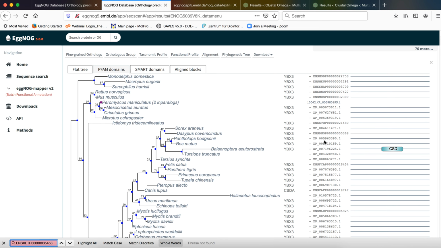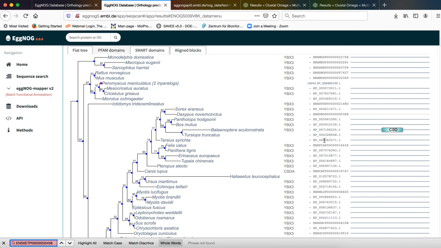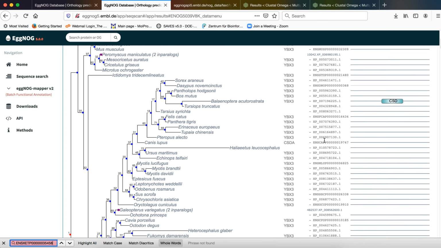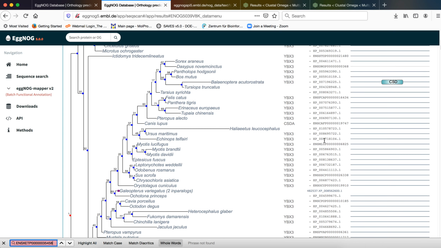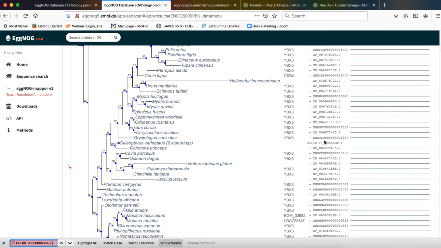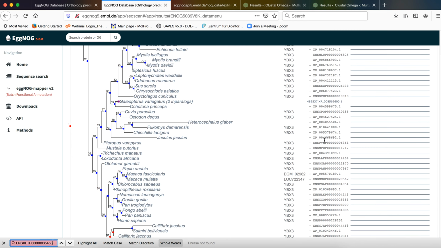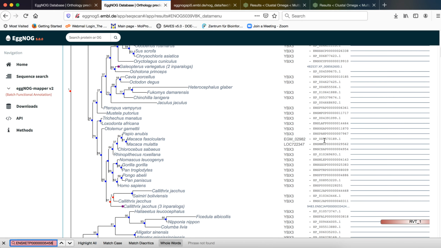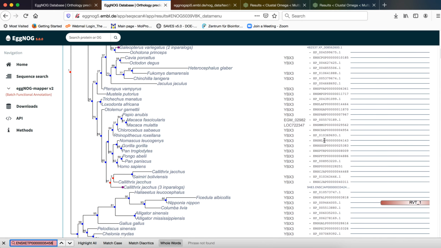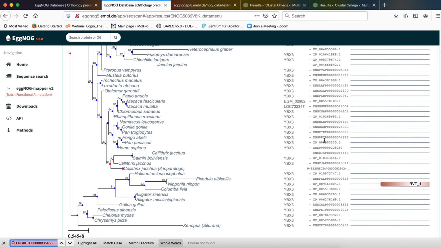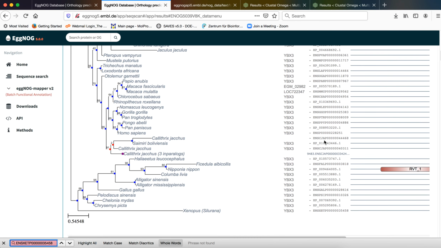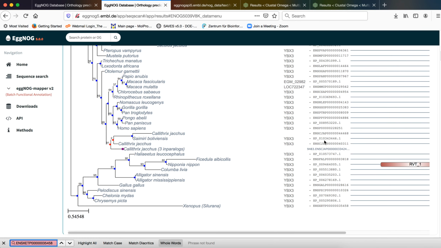ENSXET. Let us search that. Here. So this is Xenopus. As you can see, this is Xenopus.